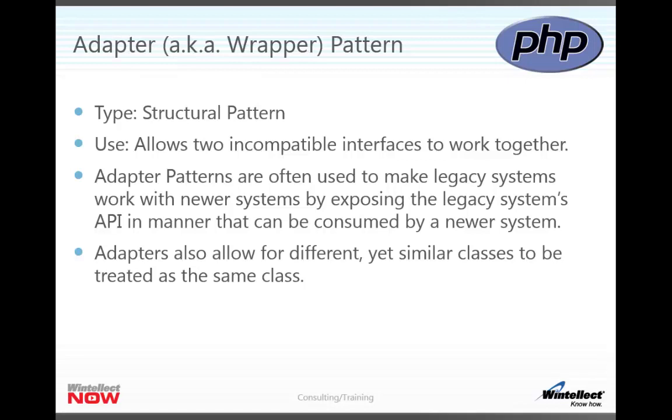So suppose I had an old legacy system that I wanted to adapt to a more modern system. What I would do is take that legacy system and implement its API in a class, but expose that old API in a manner that could be consumed by a newer set of classes that were expecting a newer set of commands. The legacy system will still do a lot of the work, but the current software that I'm writing is expecting a different interface, so I can make that incompatible interface work with newer software by using an adapter pattern or a wrapper pattern.